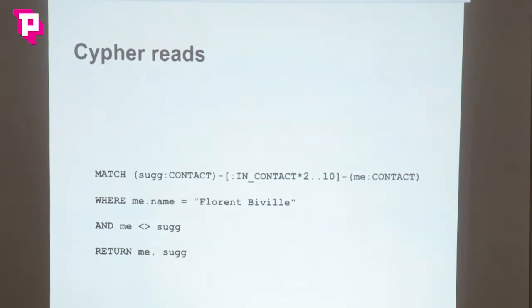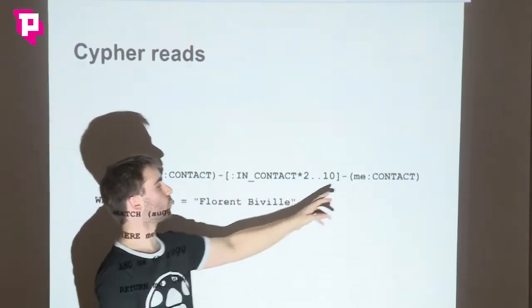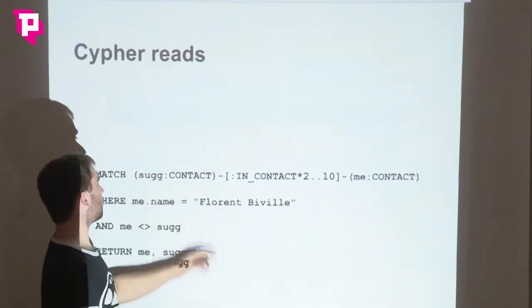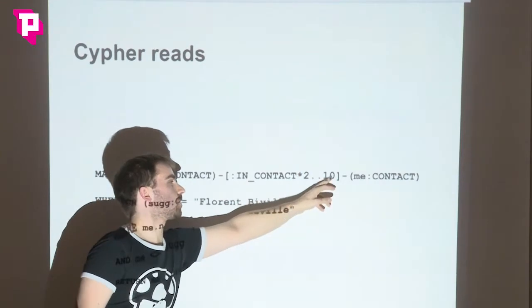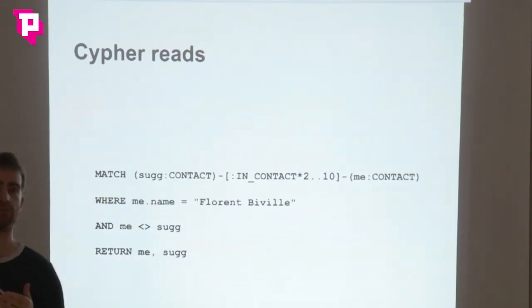It's recursive here. Find, so there is an output of label contact and me as name Florent Biville. And this part is actually very powerful. It allows me to go from level 2 to level 10 of contact. Try to write that with SQL. You get that and many joins. But really that's very concise and easy with Cypher and graph in general.